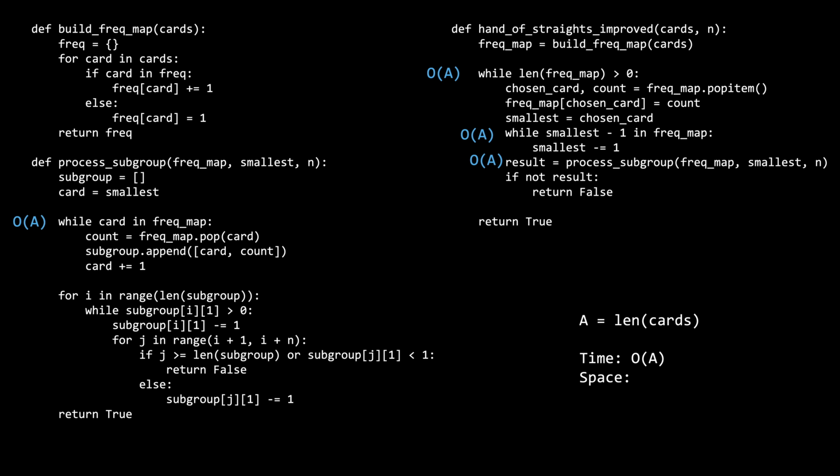Next, we go inside the process subgroup helper function. Once again, despite the fact that this loop is nested, it does not bump up the time complexity to quadratic. If you look at the first while loop inside the process helper function, it iterates through the frequency map, which can be of size A. However, for every element it iterates over, it pops that element from the frequency map. So on subsequent calls to this function, we will never reiterate over the same card with this loop because it has already been deleted. So once again, we can conclude that each card can only be iterated over once over the span of the entire solution, which means that the time complexity over the course of the entire solution is